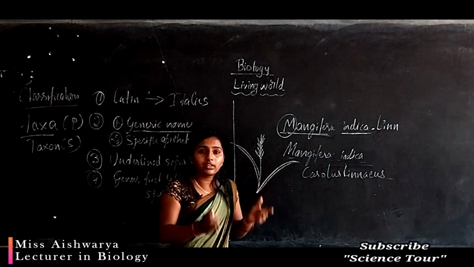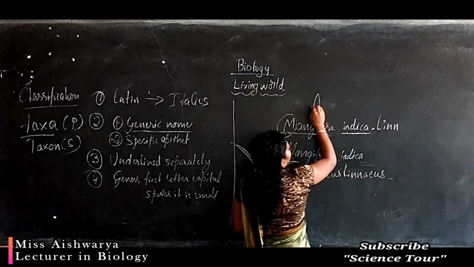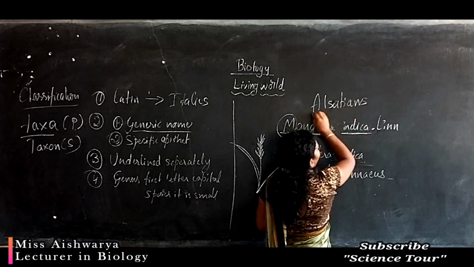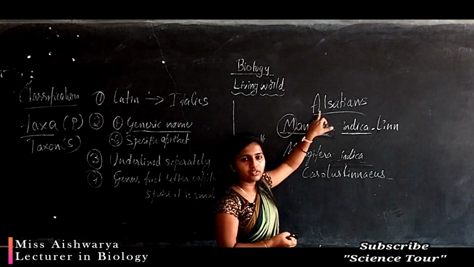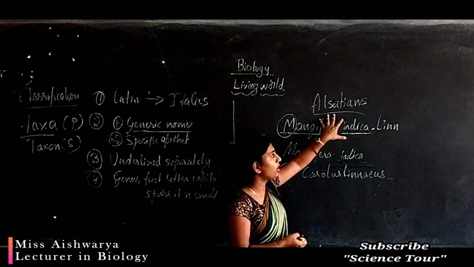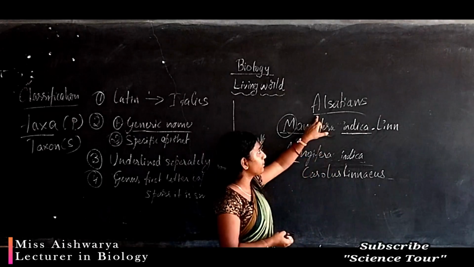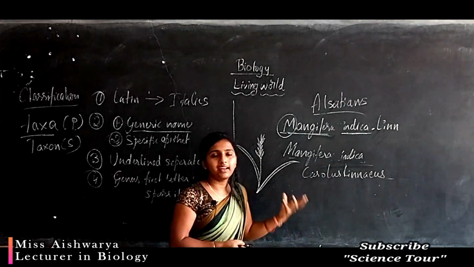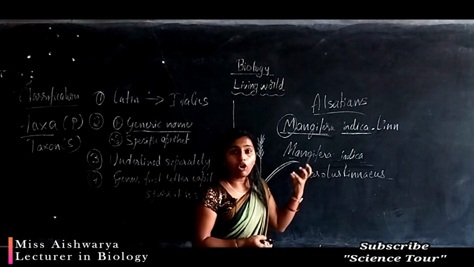Even in dogs, you can differentiate different types of dogs, that is Alsatians. It is a type of dog which has more fur, a thick fur, for example German Shepherd. These all come under the Alsatian type of dog. Also we can categorize Pomeranians and other local breeds. These are the different types of dogs we can see.